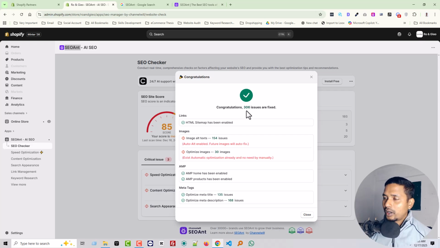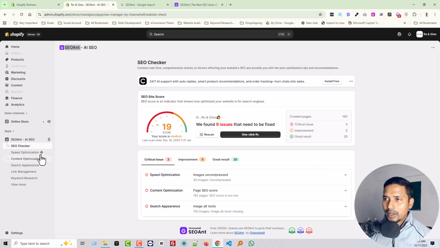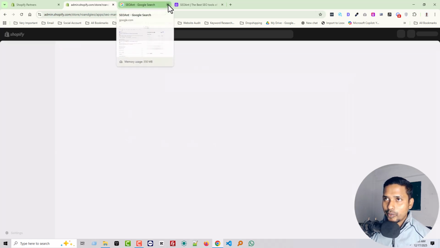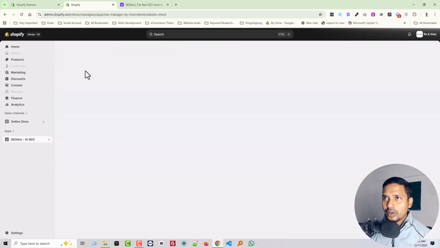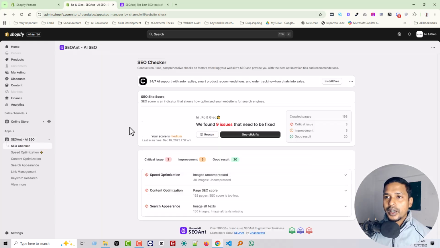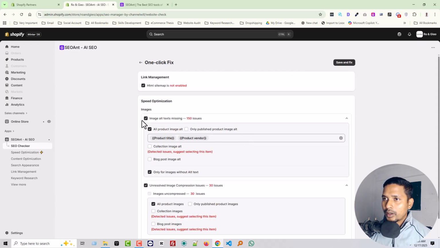Congratulations, 306 issues are fixed and only the image alt text issue needs to be worked on. Okay, close it and rescan. You see, rescan. Once again I made a reload, not a rescan. So it's better than before, but we are very close to making it fully SEO-friendly optimized. We found 9 issues that need to be fixed, so click here, and image, all product images,